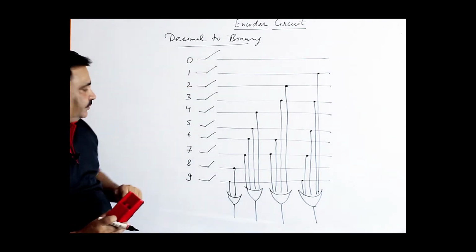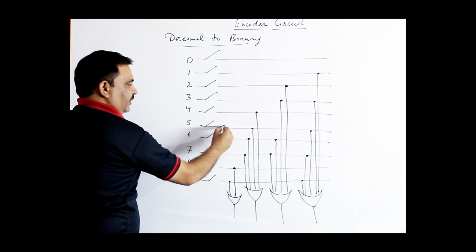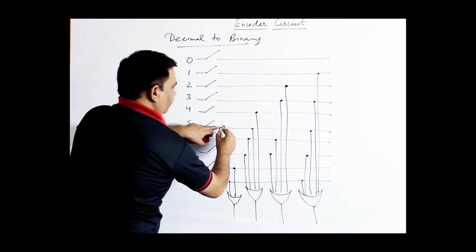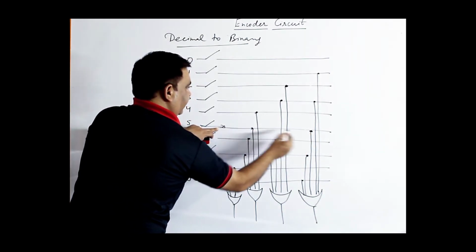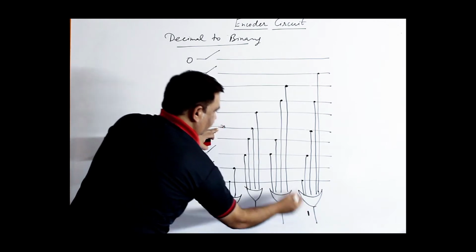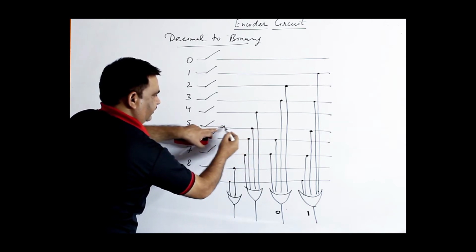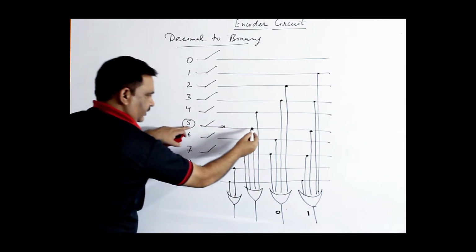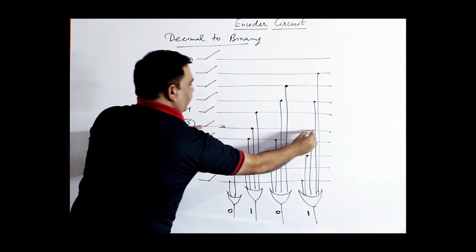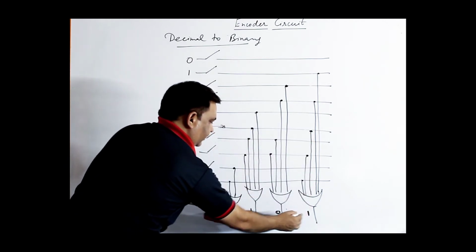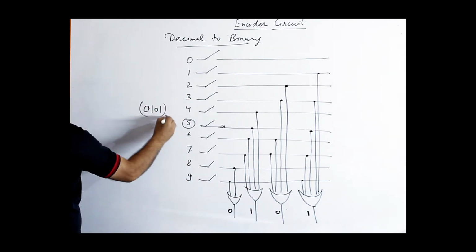Now try to understand the working. Suppose you are pressing this switch 5. Signals will travel from here and there will be a signal only in this wire, here and here. So this gate will be 1, output will be 1. This gate output will be 0. This is connected here with this wire. If we press the 5, then you can see it is also 1 and this will remain 0. Only this wire has the signal, so only 2 OR gates will be 1, others are 0. So you can write 0 1 0 1, which is the binary of 5.